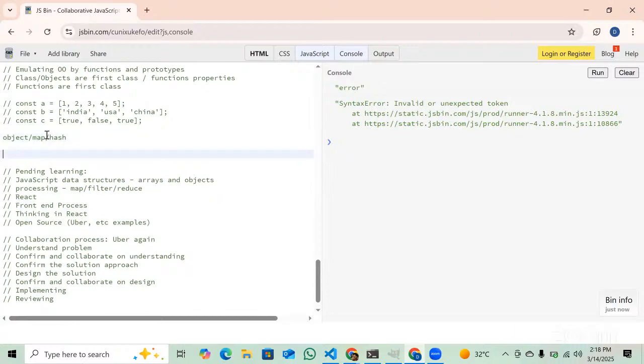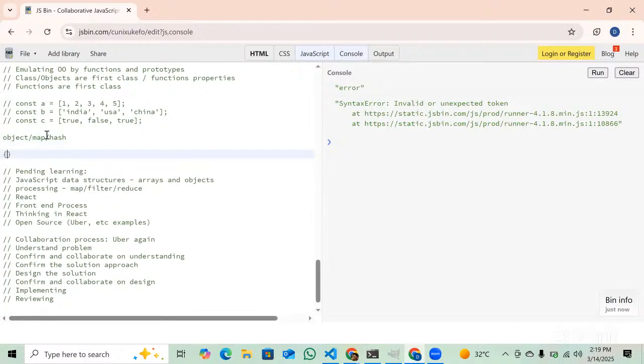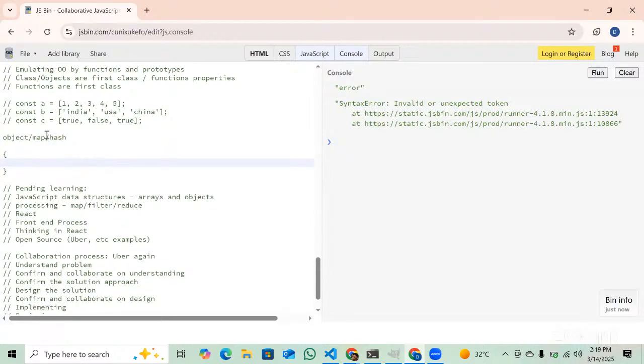Okay, the way objects are defined is very simple. It is using this notation. Like arrays are using this notation, objects are using this notation. And it is very simple. You have a key value pair. That's it. Okay, you can say name, Tawal,